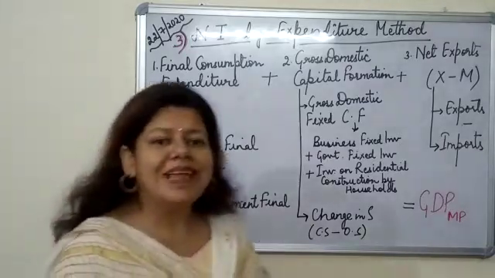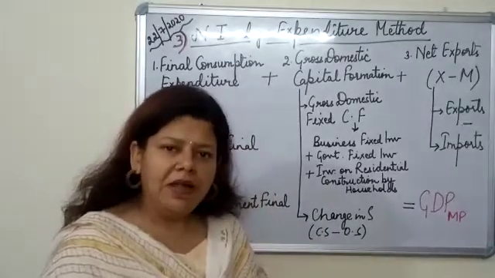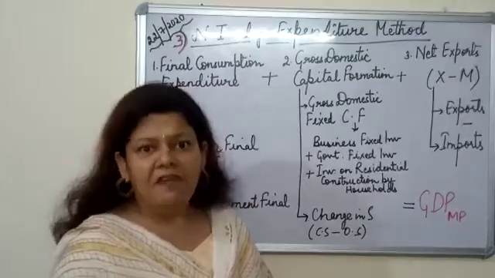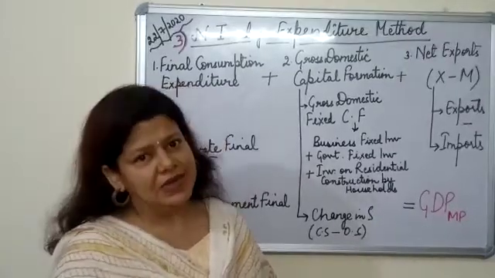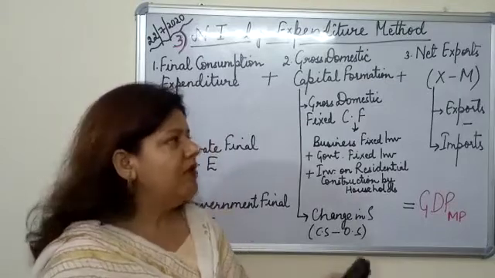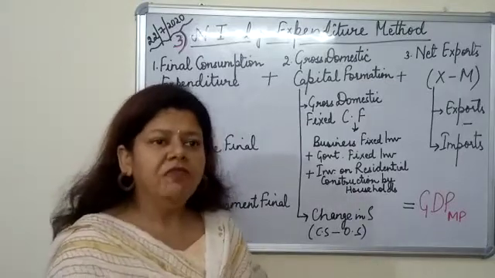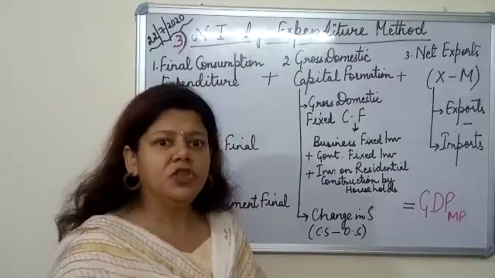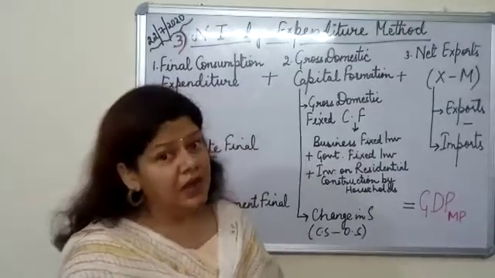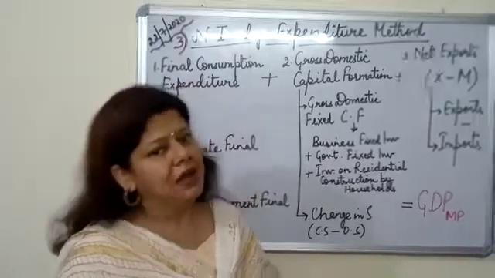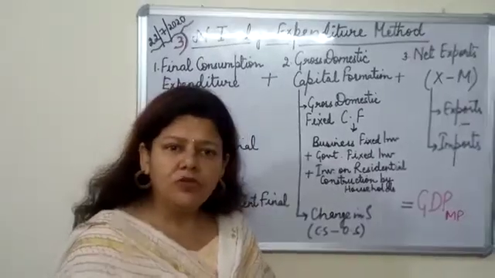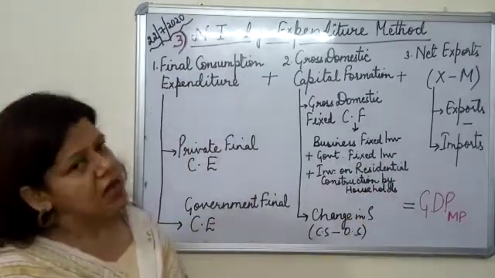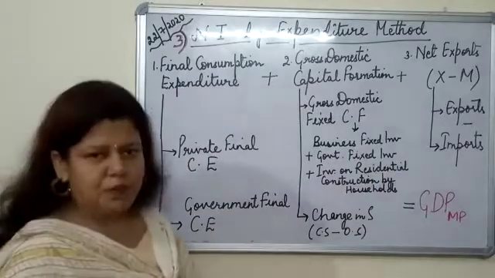Now students, what is expenditure? When we are spending on our consumption, on our livelihood, on goods and services, that is expenditure. So how can we calculate national income? If we calculate together the expenditure of all the citizens, that is the households, and the expenditure of all the firms and the government, that is private firms separately and government separately, and then we see what the national income is, this method is known as national income by the expenditure method.